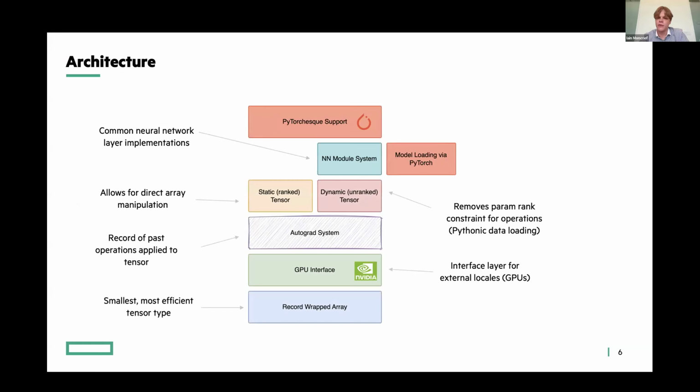So the architecture of this first system was... it's pretty tricky to write a general tensor system in Chapel. The main reason is that the compile-time rank, or sorry, the dimensionality of arrays that needs to be known at compile time, made it really tricky from a usability standpoint.